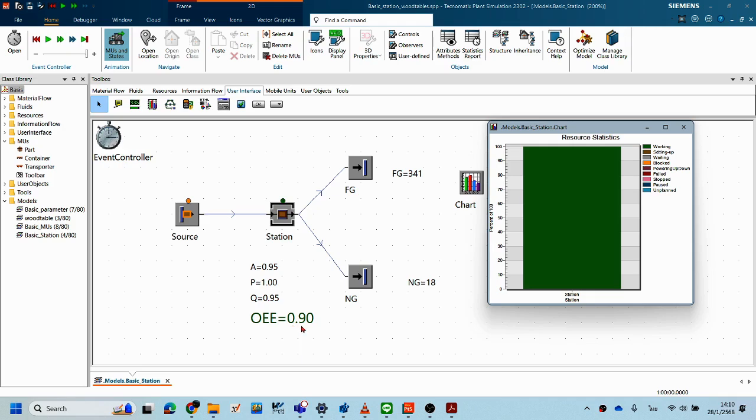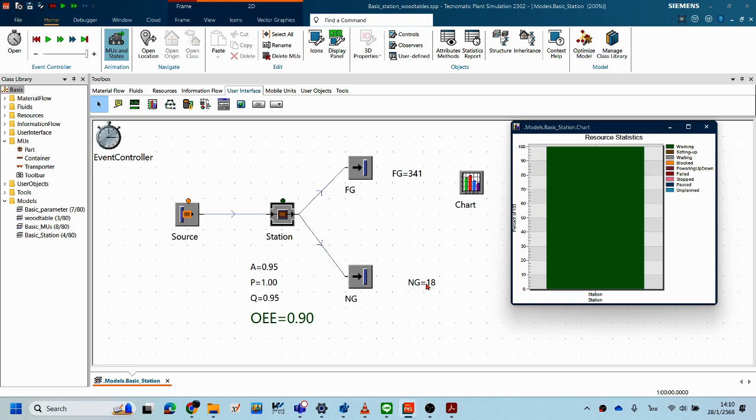OEE 90%, right? And the 5% left, not completed, because it's a NG, right? NG 5%, right? 5% is the output. Okay, it's come out from the station. The FG 95%, 5% for no goods, right? No goods product. No goods product then causes OEE to be reduced to 90% because